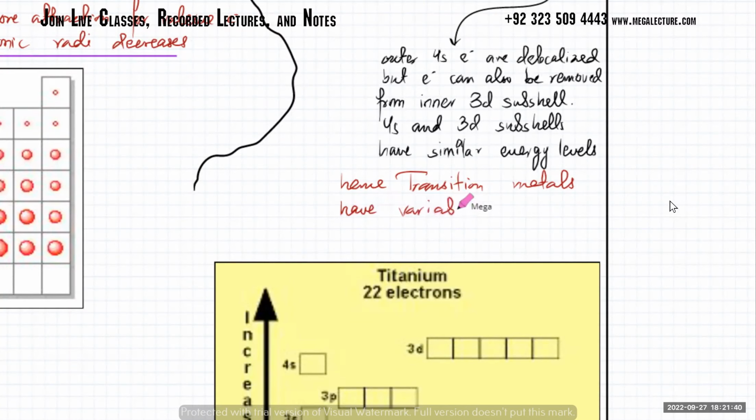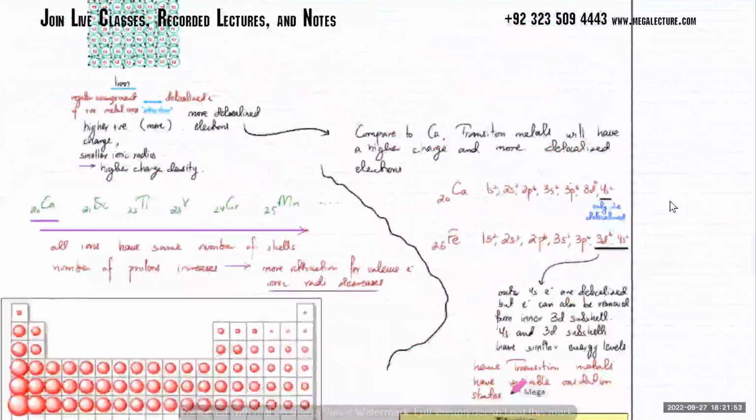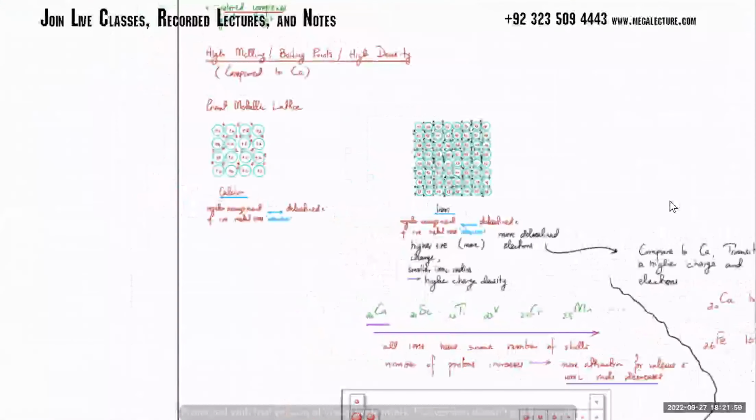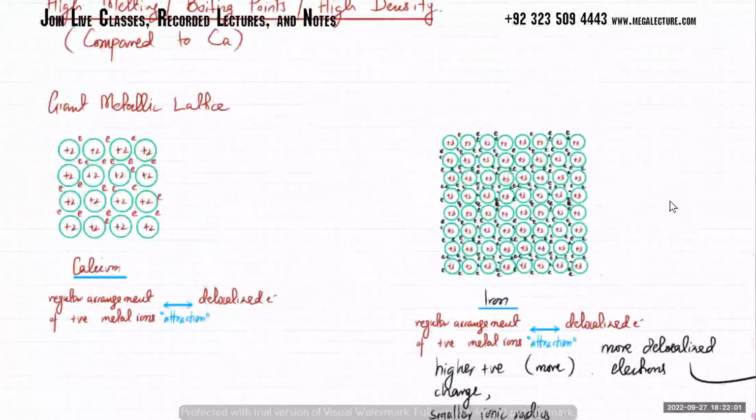So they've got variable oxidation states. Let me just explain this again. A few things about calcium and iron. Calcium, remember, can only lose 2 electrons, but iron over here can lose a lot more than 2 electrons,